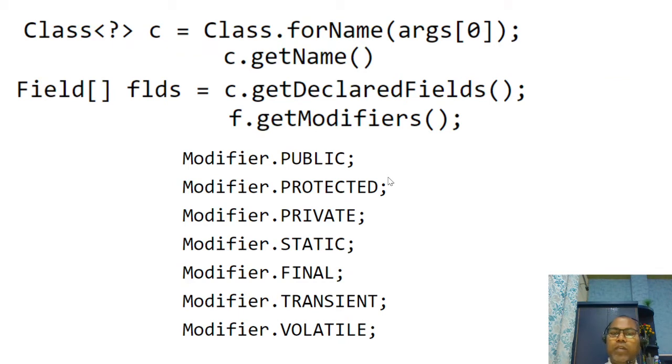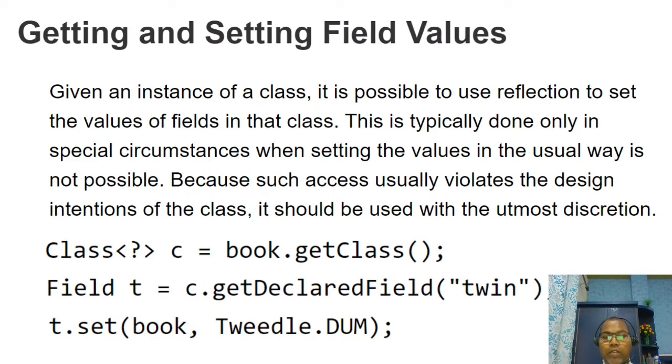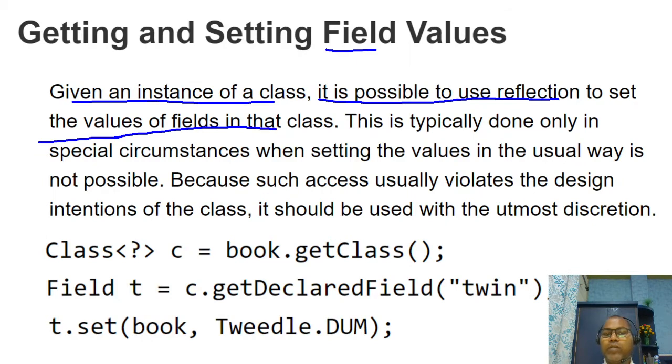So this way we can examine all the fields' modifiers as well. Similarly, sometimes you want to set the value. Now you know this is the field name, so we can also have options. Given an instance of a class, it is feasible to use reflection to set the value of a particular field. This is typically done only in special circumstances when setting a value in the usual way is not